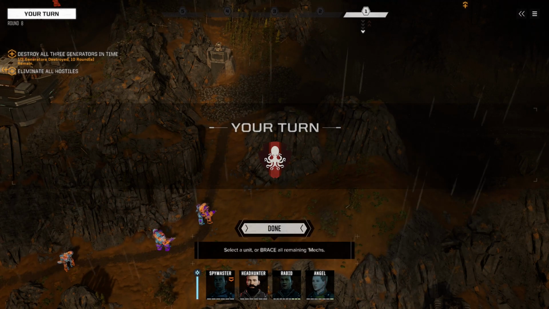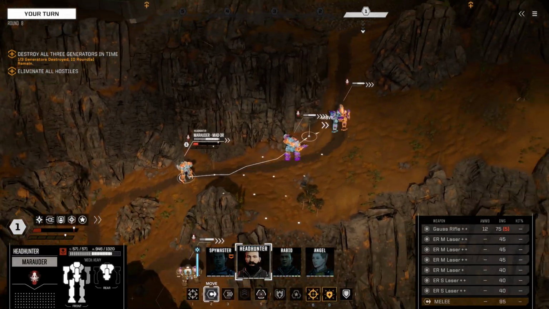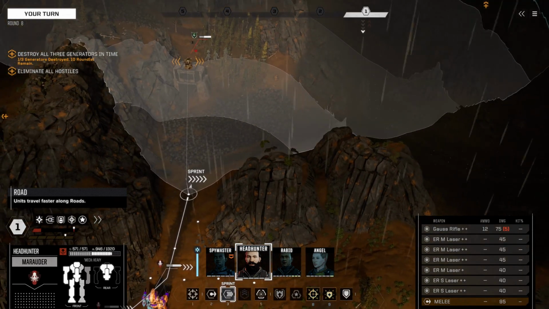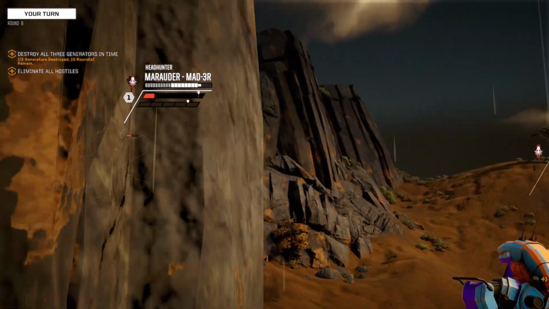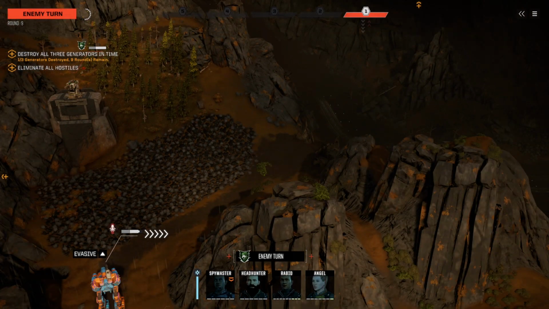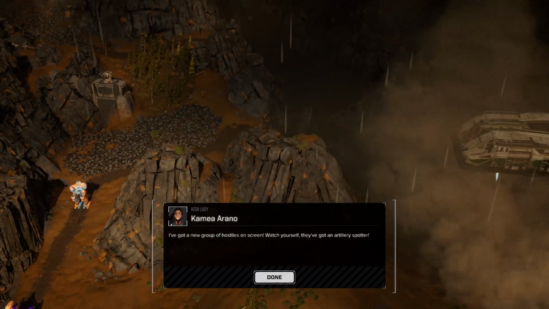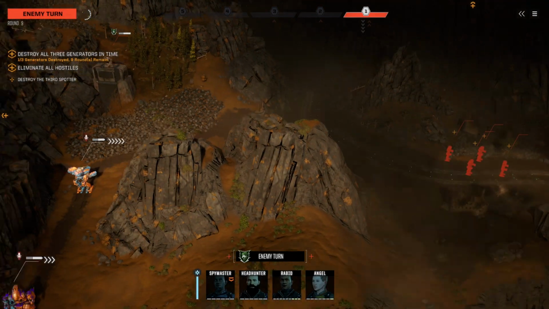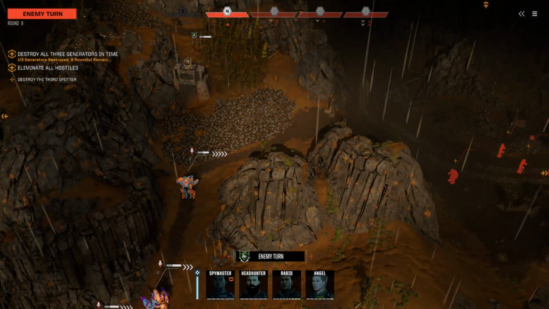I am now beginning to wonder whether we spent too much time on that first one. That wasn't as ideal as it should have been. Alright, well, at least you can move quick, and you're decently armored. Yeah, there is road down there. Oh, what have we got? A new group of hostiles? And an artillery spotter. Darn it. Okay, well...